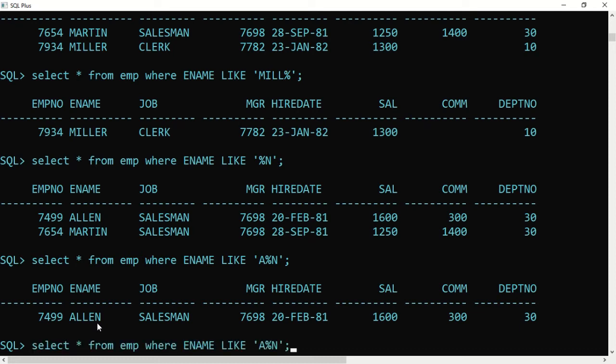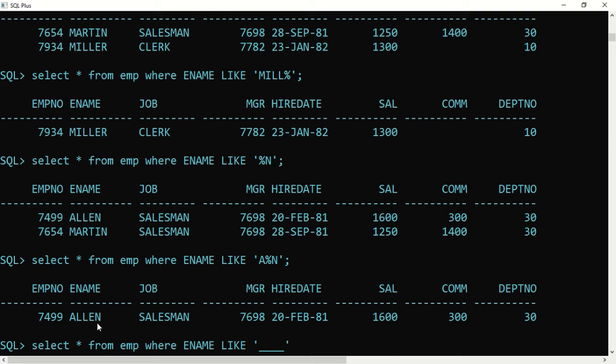Now suppose I want to list from the table a four-lettered name, exactly four-lettered. So what to do? I'll type underscore 1, 2, 3 and 4, and close the single quotes.